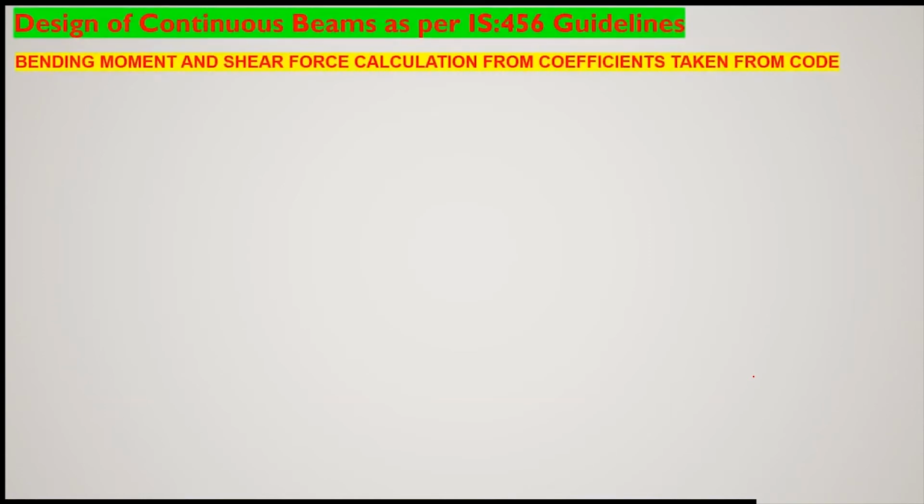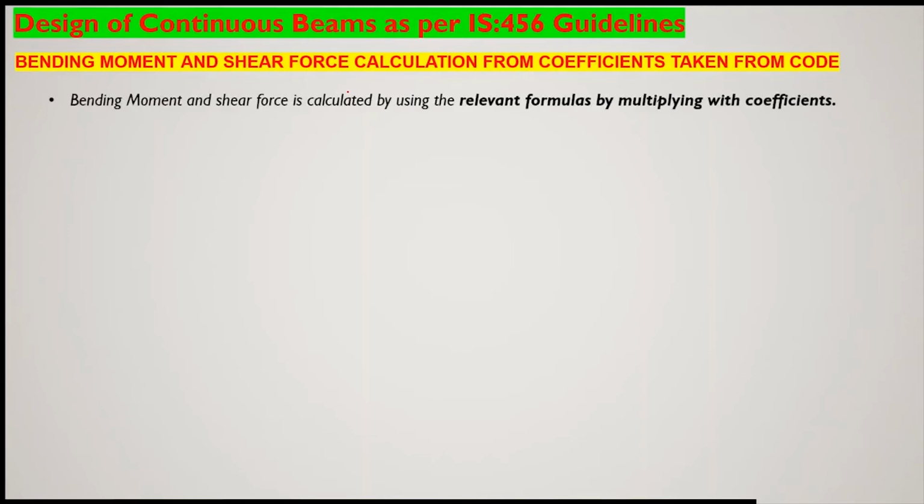Now how to take the bending moment and shear force coefficients from the code for the calculation of maximum bending moment and shear force values. So we have to take the bending moment and shear force, calculated by using the relevant formula by multiplying with a coefficient. Suppose there is a formula for calculation of bending moment, suppose it is WL square by 12,